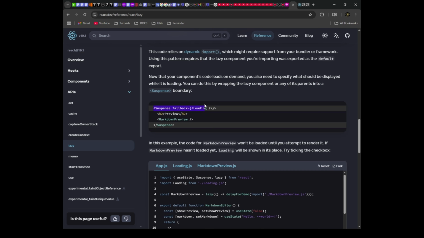Okay, so suspense is what is going to show before the component loads. The component is loading asynchronously. So before the component resolves, whether it loads or throws an error, while we are in that waiting state, the fallback component you supply to the suspense boundary is what is going to show. So in my case, I have,